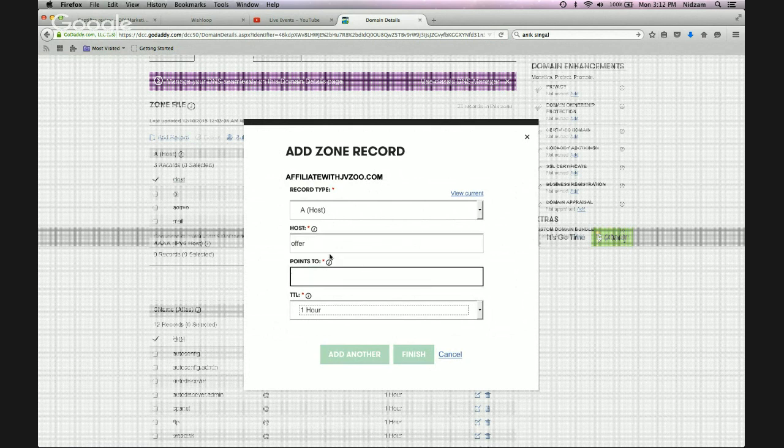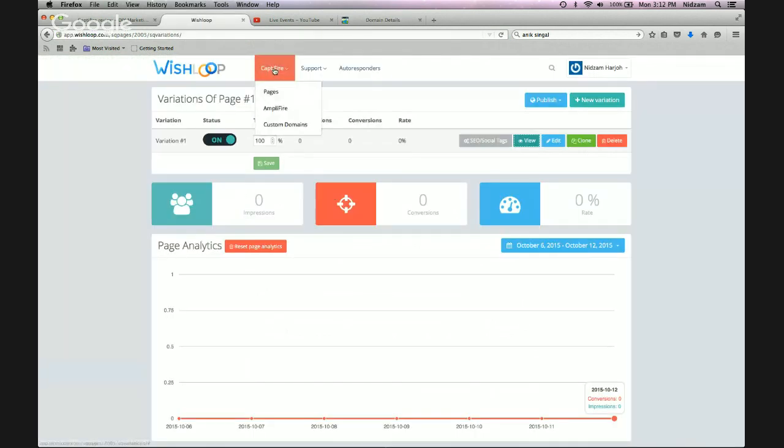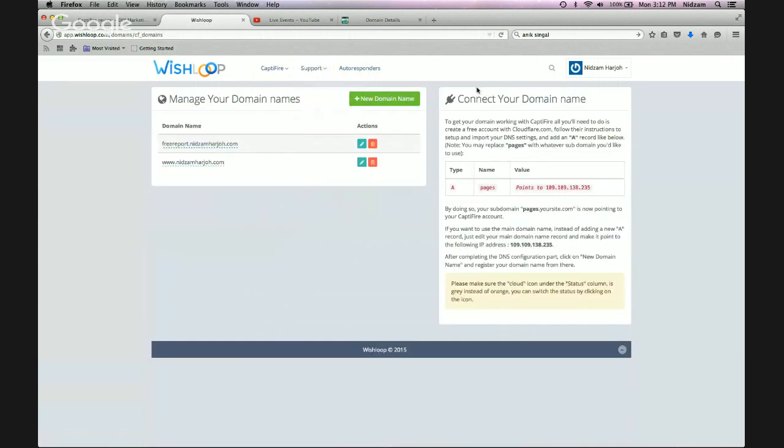At this point, you need to click on WishLoop, click on Captifire, and click on custom domains. Once you are here, as you can see on the right side, there's this type A, the name is pages, and the value is the number here. Pages is just an example. What you need to do is copy this IP address, click command copy or control copy,